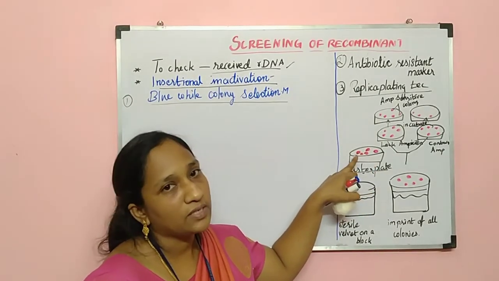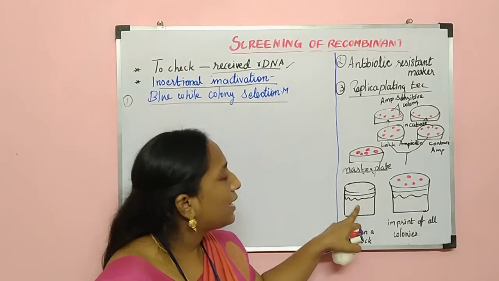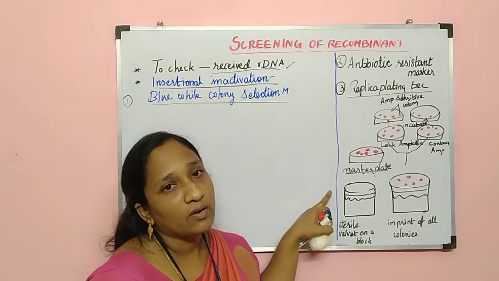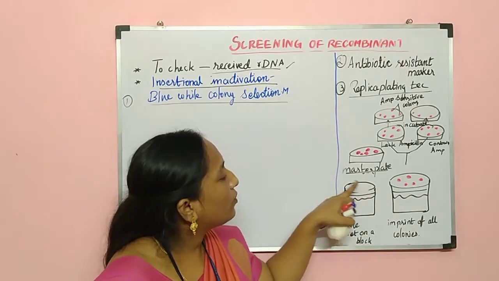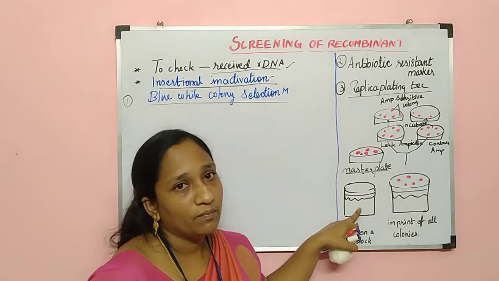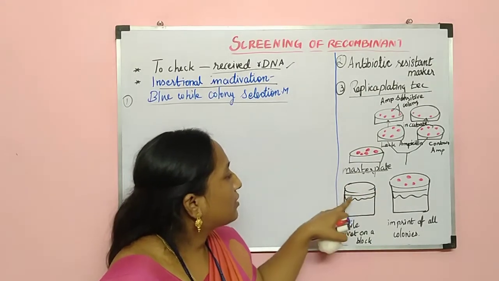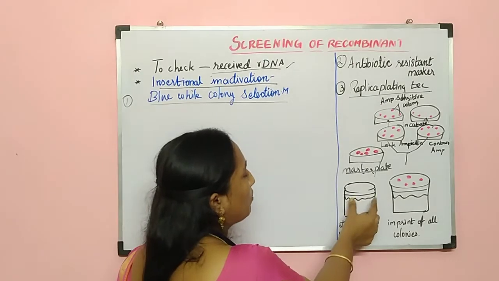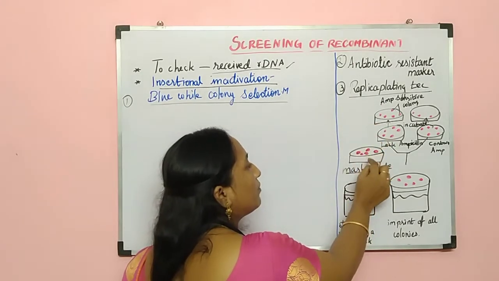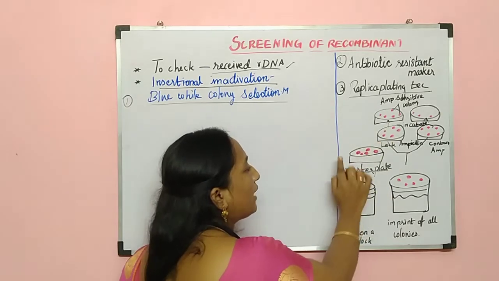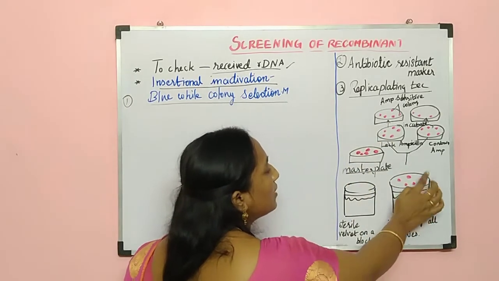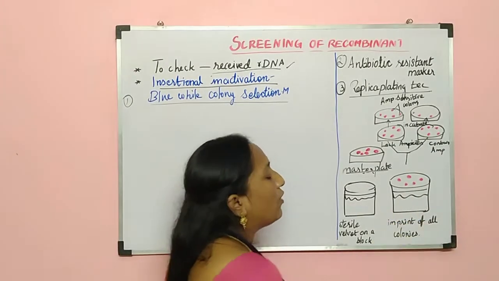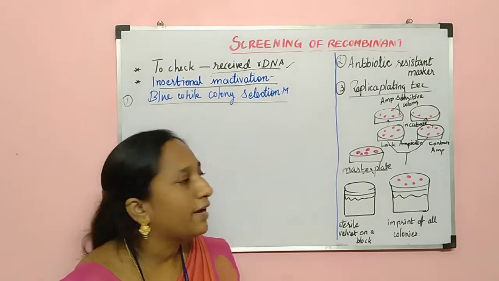Here the clone is cultured. Now, this is like a stamp. A velvet cloth is tied tightly over a petri dish. With the help of that velvet block, we have to touch the colony. The impression will come onto the velvet. This technique is called imprinting of the colony.